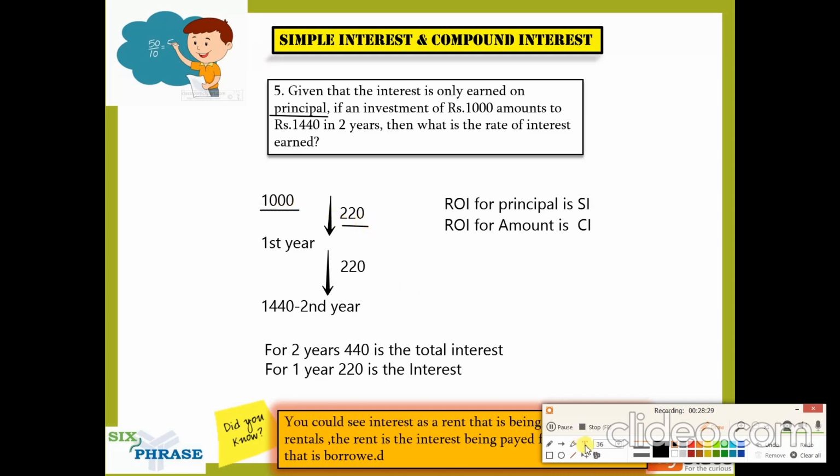And you will clearly say the answer is 22 percentage. Because 22 percentage of 1000 is 220. So the answer is 22 percentage. See how easy it is. You don't need to use complex formulas. You don't need to calculate it. This is a very easy way to do it, and using this method you can do it in your mind itself, guys, without using pen and paper.